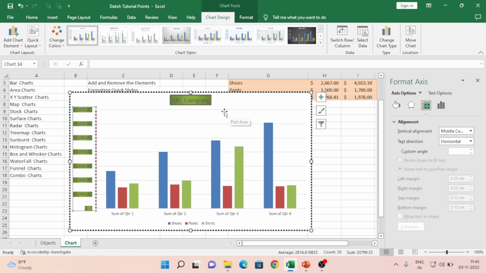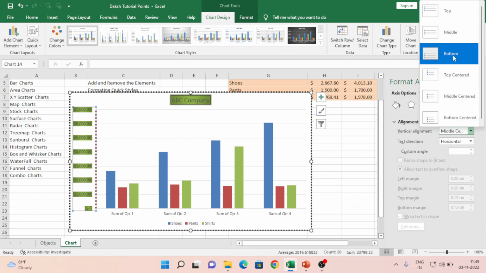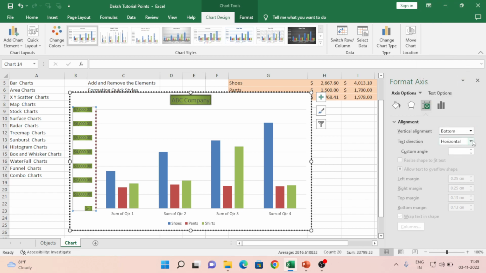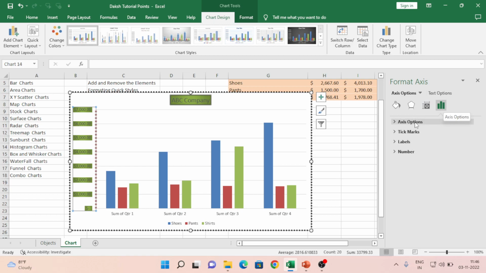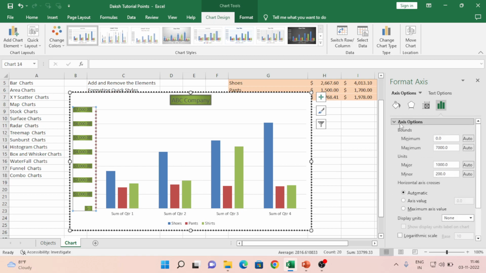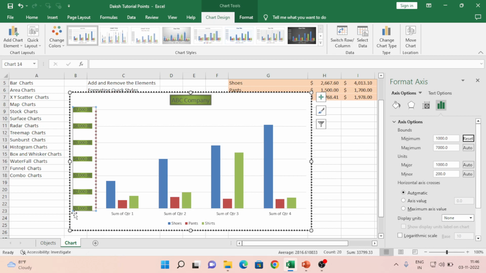The next we have position. Again, it is same as the title formatting: title, middle, center, horizontal, or how we want that thing, we can do that here. Then we have this one, axis options, where we have minimum and maximum bound. So if you want to see the data, as of now it is starting from 0, but if I put the starting as 1000, then if you see, the bottom becomes 1000,